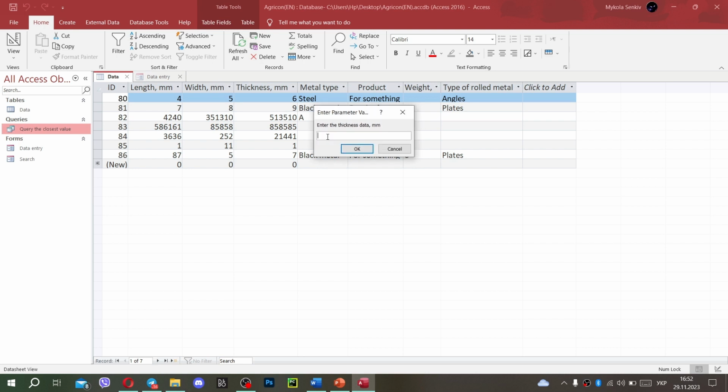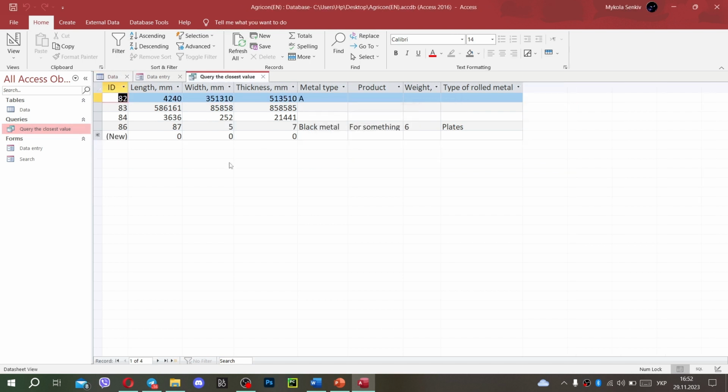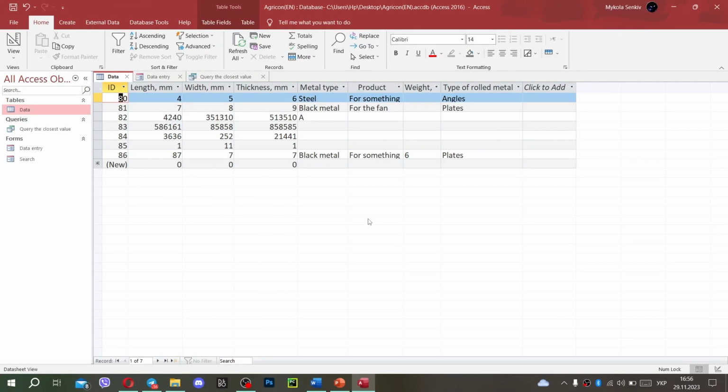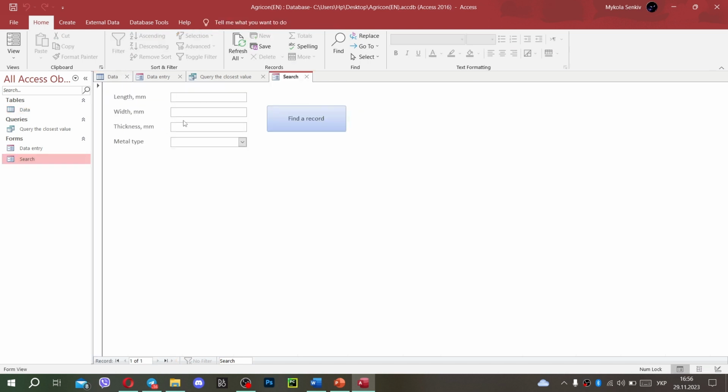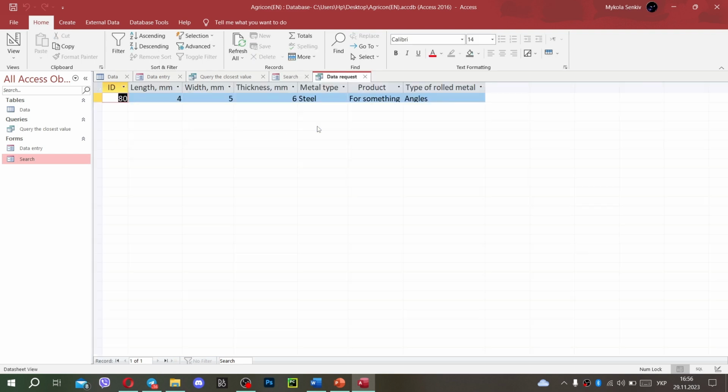Here is the closest value. So, even now, we can find a certain material. Search 4, 5, 6, and metal type is steel. Find record. Here it is.